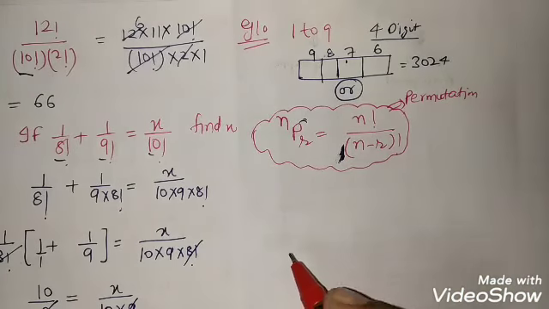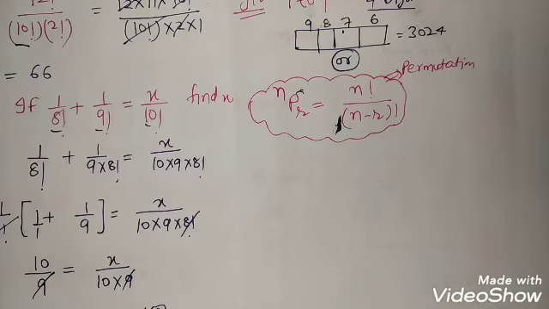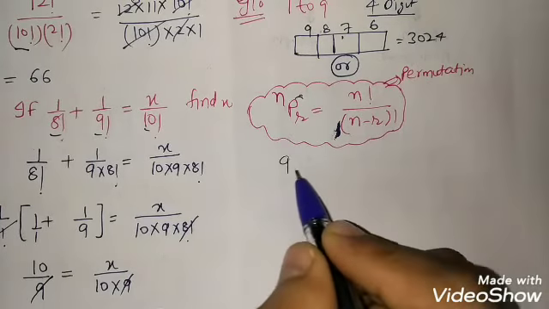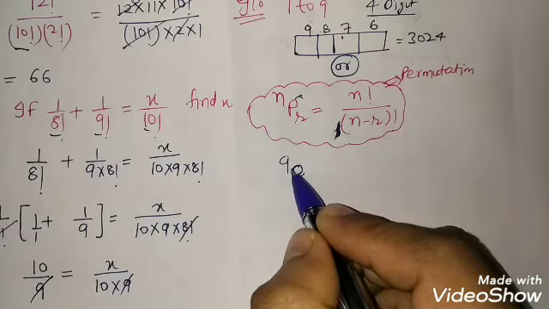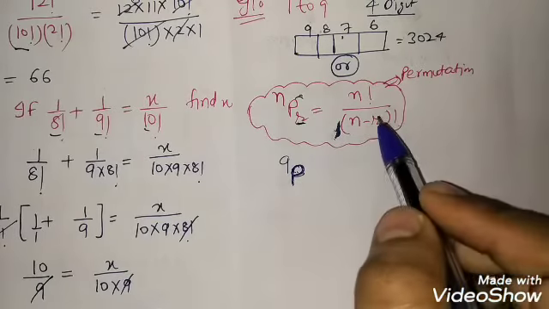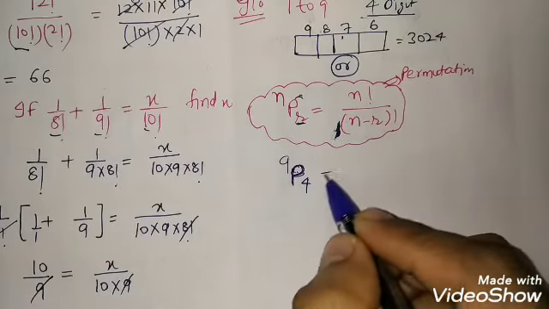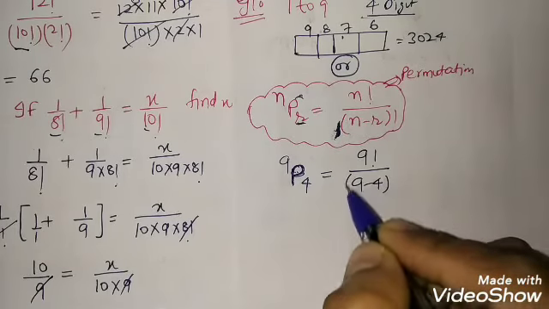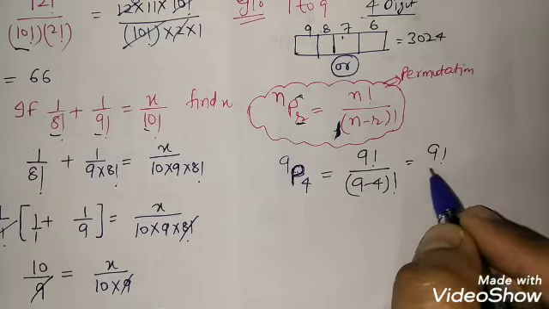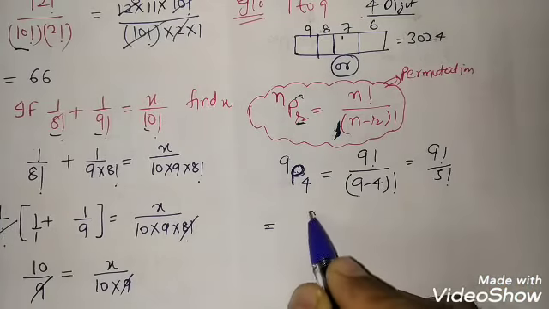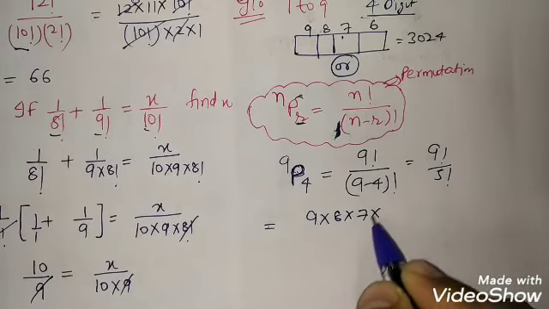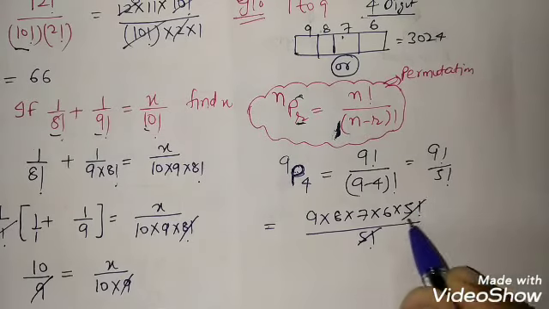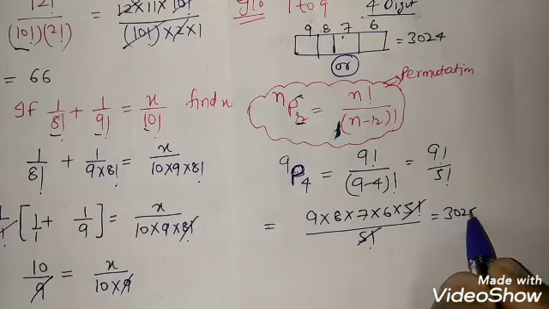Okay, this is the formula of permutation. Simple. How can we use this formula for that particular question? We have 9 different letters, so we have 9P, and r is 4, because we have to form a 4-digit number. 9P4 is 9 factorial upon 9 minus 4 factorial, which is 9 factorial by 5 factorial. You can write it as 9 into 8 into 7 into 6 into 5 factorial divided by 5 factorial. Cut it out and you'll get the same answer, 3024.